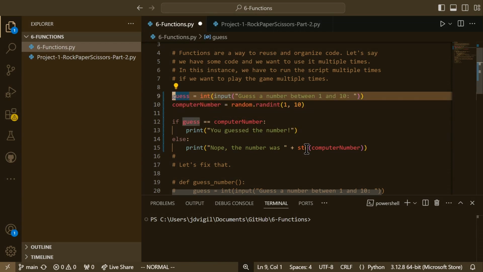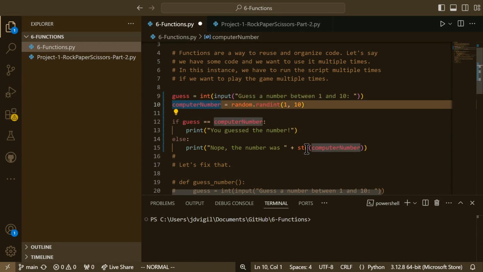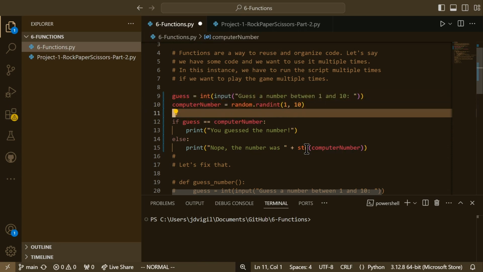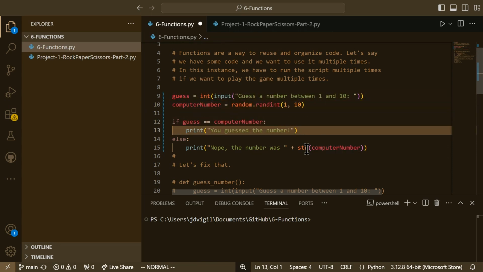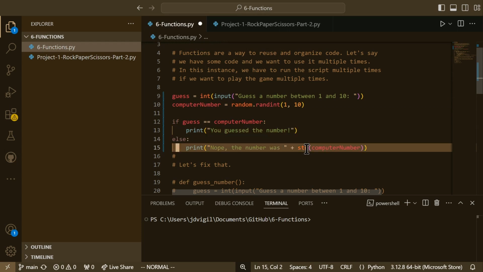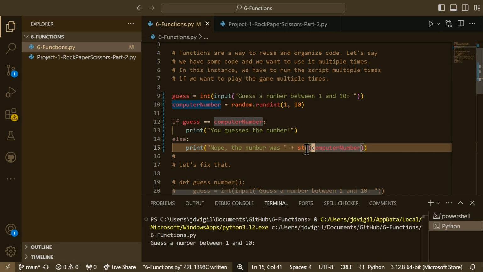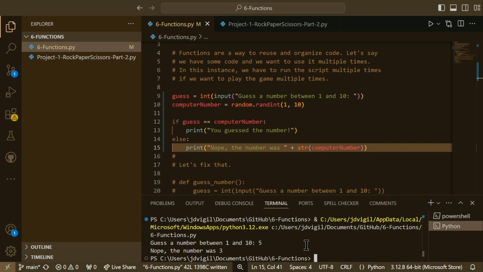All right, so we have a little guessing game here. And it just compares to see if the numbers are equal. And if not, then it says, nope, the number was, and then whatever the string of whatever the number was. So let's go ahead and save this and run it. All right, say 5. The number was 3. Okay, to play this game again, we would need to rerun the file again,